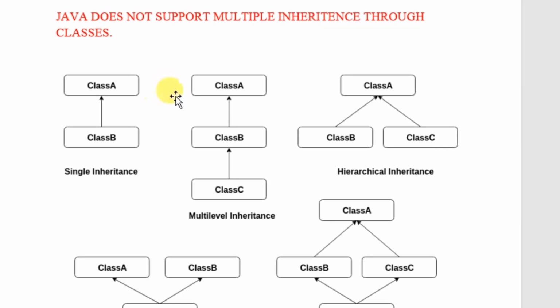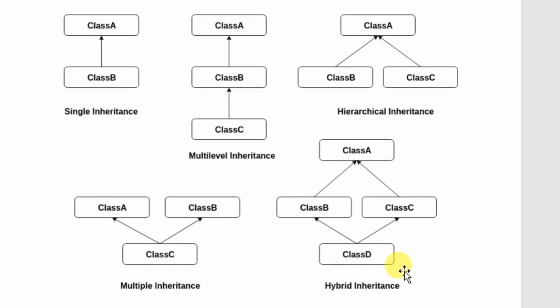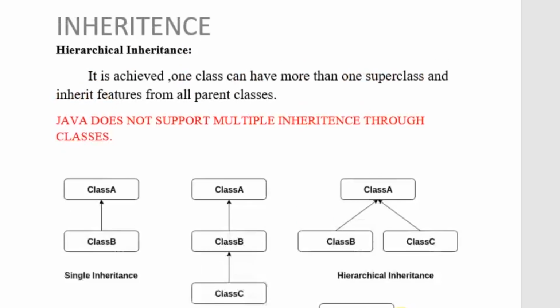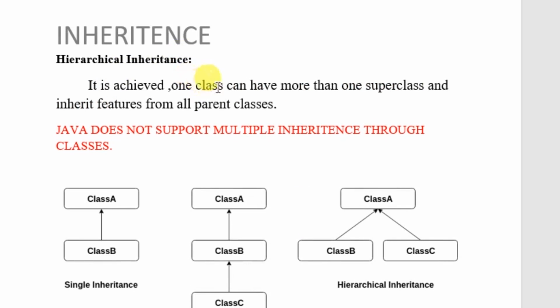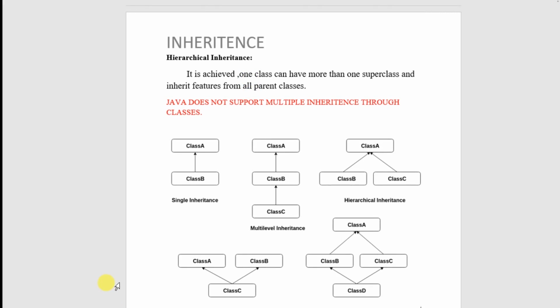The next type of inheritance is called hierarchical or hybrid inheritance. These two types of inheritance cannot be achieved in Java using classes. This may cause an error. It is achieved when one class has more than one superclass and inherits features from all the parent classes. For this program, I am going to create